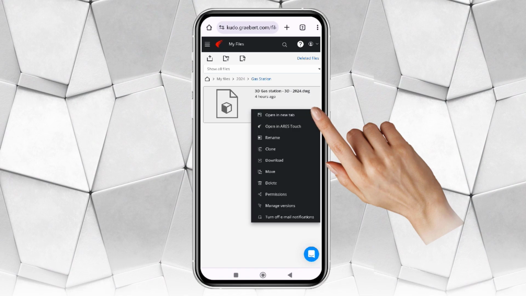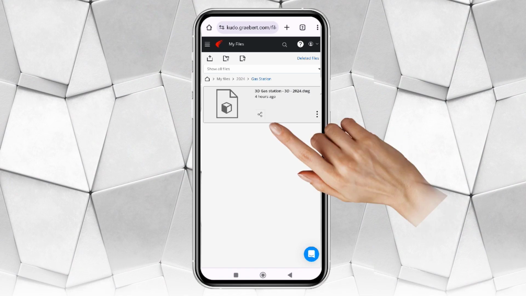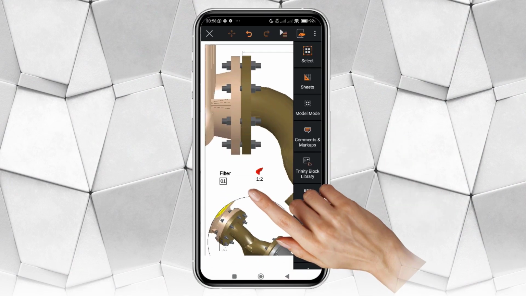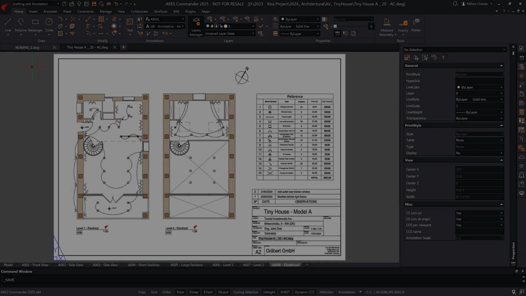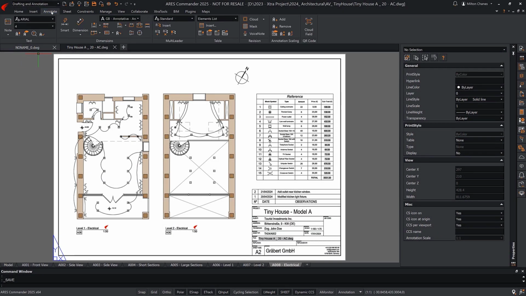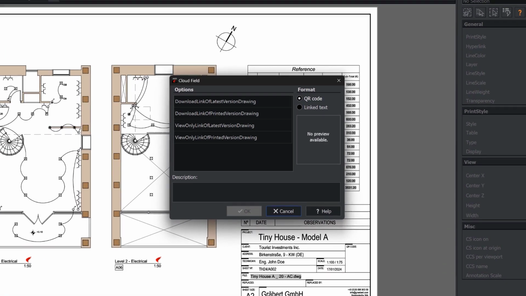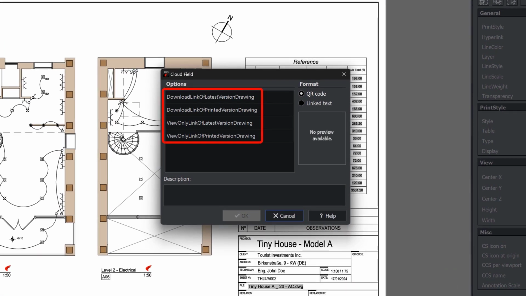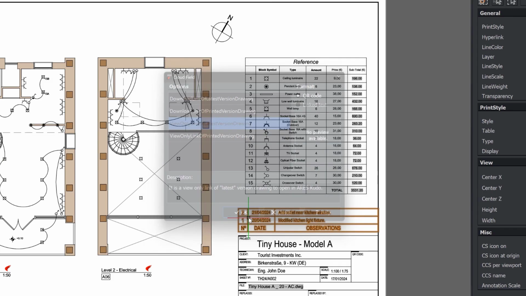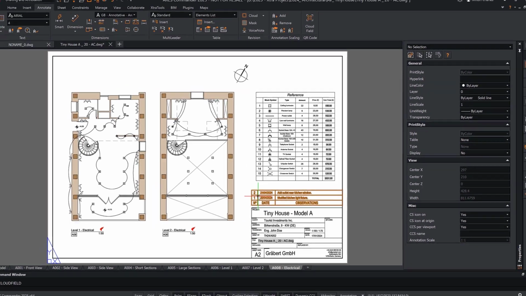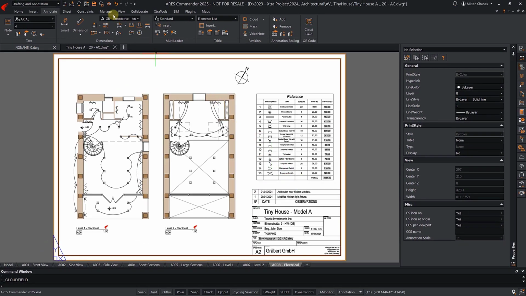Drawings circulating on paper and PDF will not disappear anytime soon, so it's important that we leverage new technologies to make them smarter. To illustrate, let's consider 4 examples. In the Annotate tab, we find the QR codes function. When selecting it, we can see that we have 4 options. Before we explore these, we must point out that these functions will only be available in a drawing that is saved in the cloud. So that's the first thing we should do.